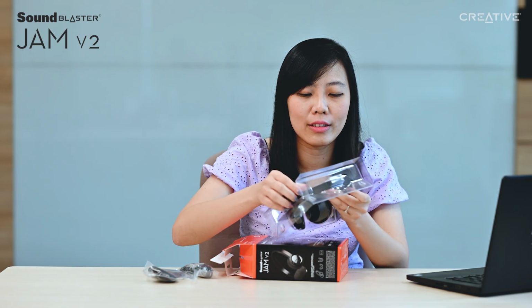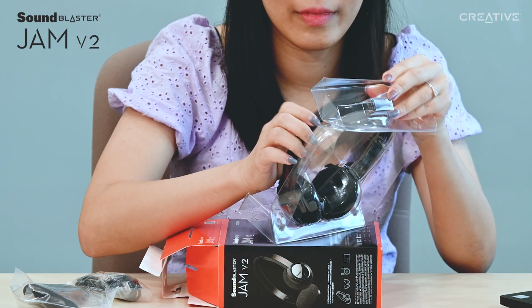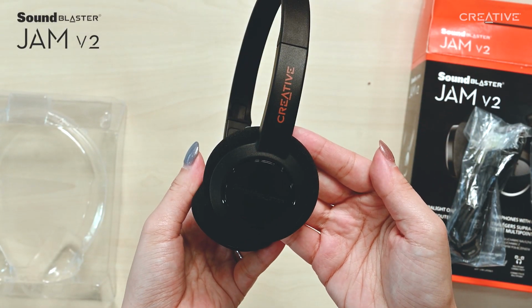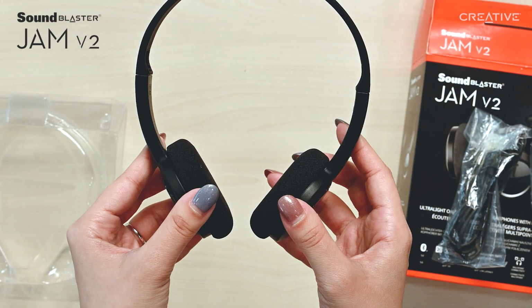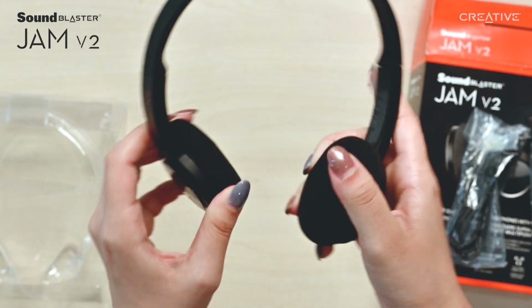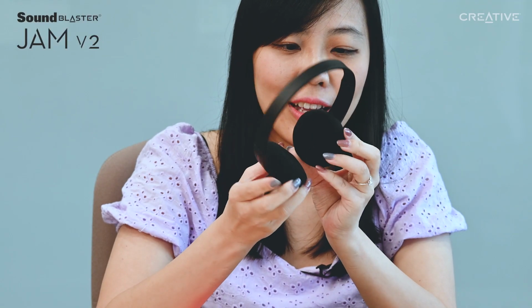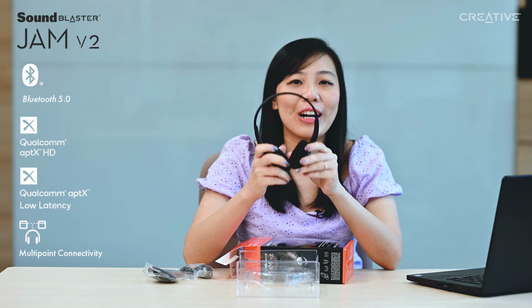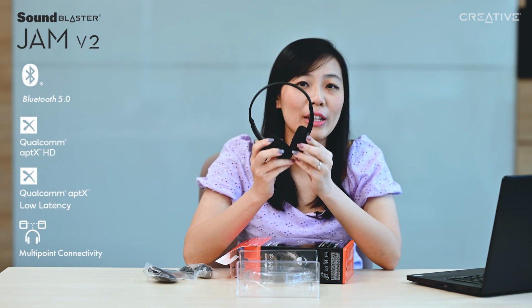And I'm going to take out the headphone itself. Oh yes, so very sleek design, right? It's black in color with the orange text, our Creative logo on top. And yes. Okay, so I mentioned we have the advanced audio codec input into the Sound Blaster Gen V2,